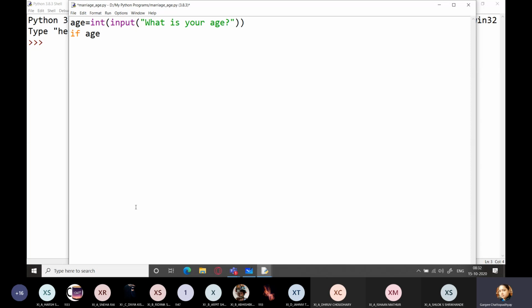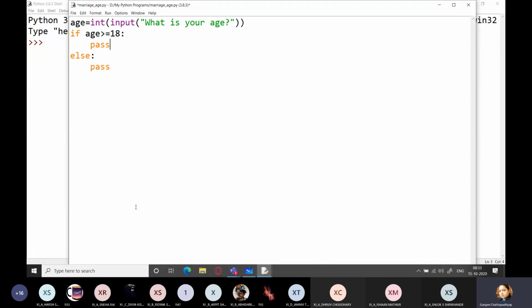Now, if age is greater than equal to 18, what can you do for this? If the age is greater than 18, something we will be doing. So I'm just writing pass. Pass is a special keyword which is used for not doing anything. If it is essential to check a condition and there is nothing to do in that condition, we simply write pass. So right now we are writing pass because we have to create the structure of nested if, because nested if structure becomes a little complicated. So we have to keep track of the various parts in this, right?